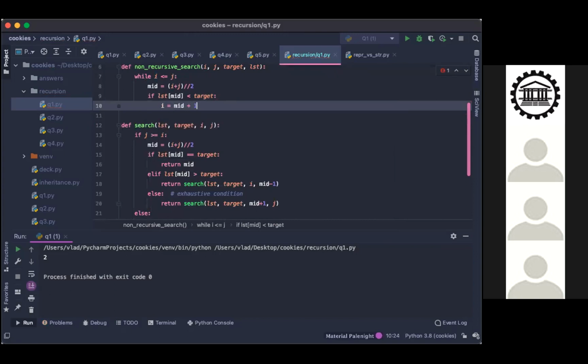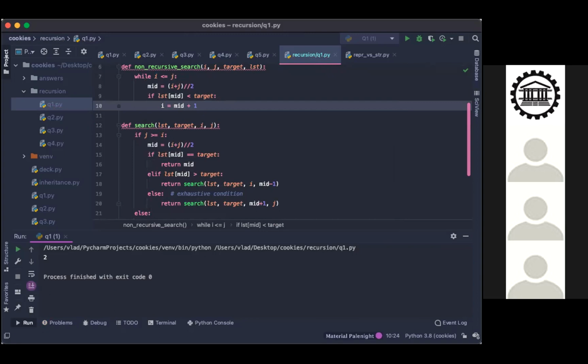Because if the target is bigger than our mid value, it's not going to be on the left side of the mid value anymore. It's going to be on the right side now. So where I was before, we want it to become the value after where the mid is. That's why I equals mid plus 1.